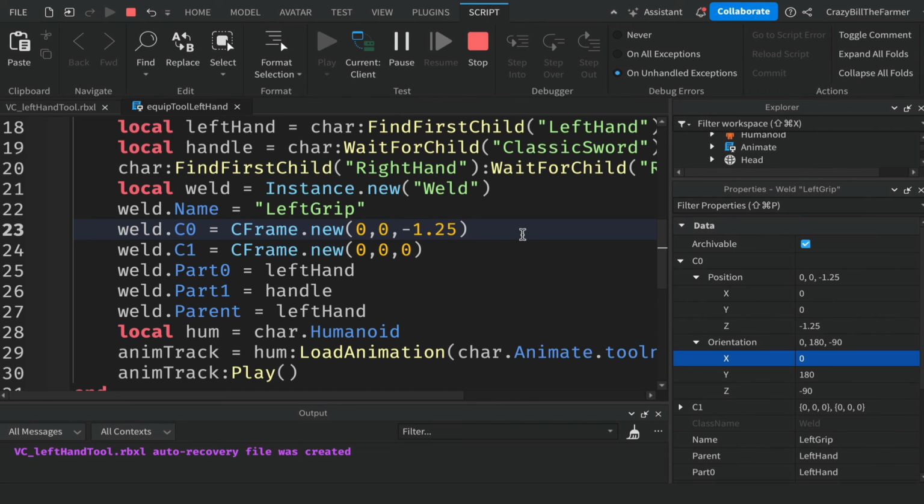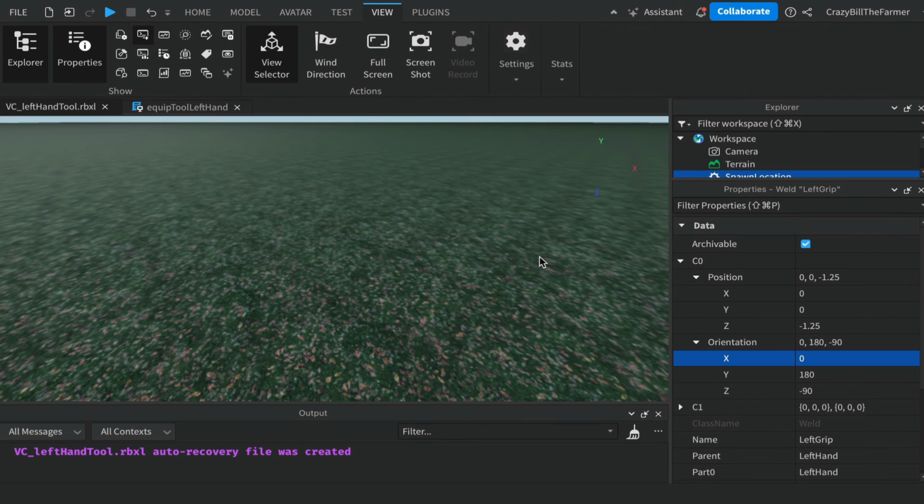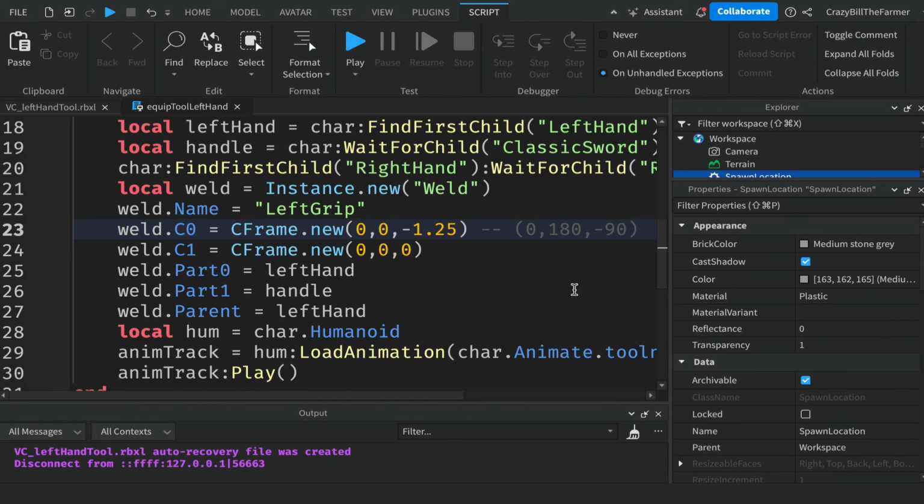We'll just put a comment here. So X, well, we can put it in brackets like we would, and we can say 0, 180, minus 90. So that's the change that we made, and we've only changed this position up here. So let's go ahead and stop. Hopefully this will save this negative 1.25. Alright, that has stayed in there, and we are now able to make a couple of changes here,